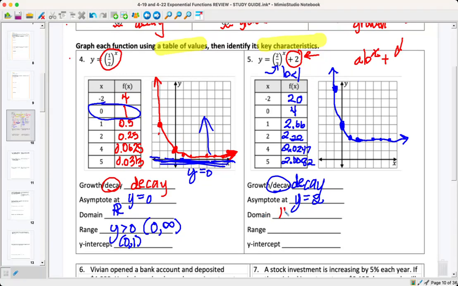My domain is all real numbers, and my range, if you notice, is above the asymptote again. So if it's above the asymptote, that means the range is greater than 2. Notice how these numbers are the same. Just like this one, those numbers were the same. The y-intercept is where x is 0, and x is 0 at 4. So 0, comma 4. And we'll start